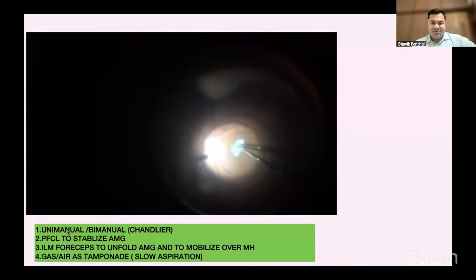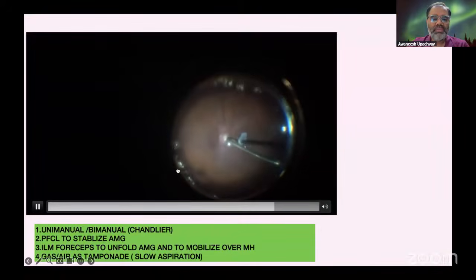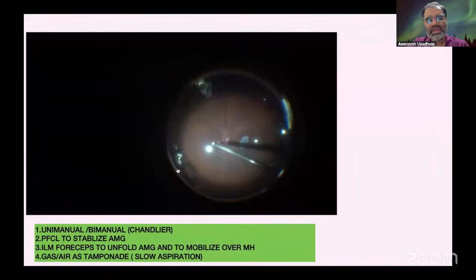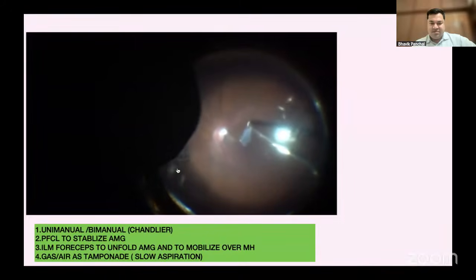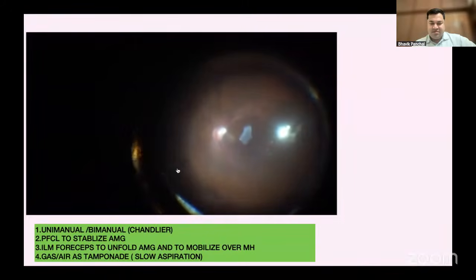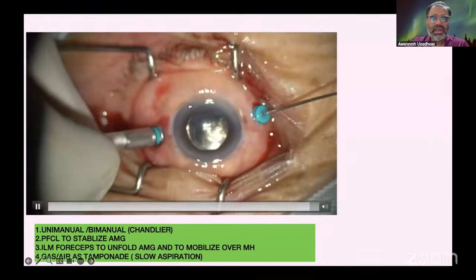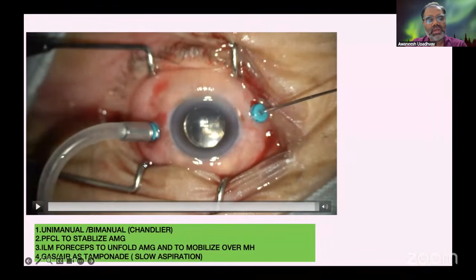The second thing I want to emphasize is that when you're doing the PFCL, like when you're doing the fluid-air exchange, first try to remove all the fluid, then go to the PFCL, and after that you can see the graft is nicely placed over the hole, and this gives a good